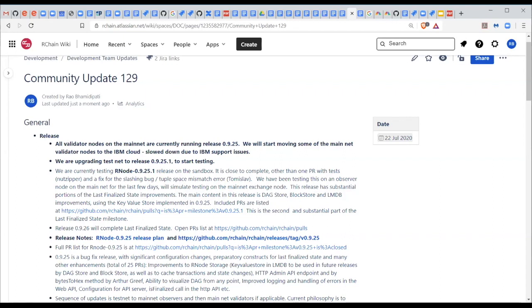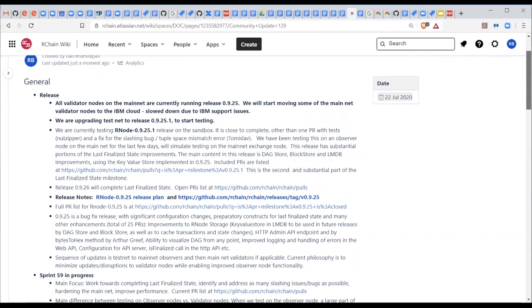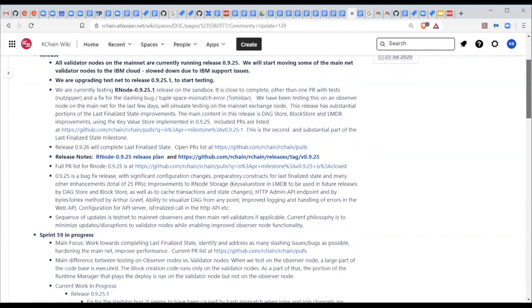The slashing bugs that we've been talking about for a few weeks now, probably a couple of months. Tomislav found the source of that, and he has a fix for that. So we're hoping to get that also into 0925.1. So that's why we're delaying the 0925.1 release to mainnet at this point in time. This particular slashing bug